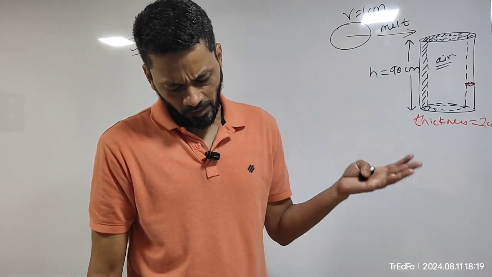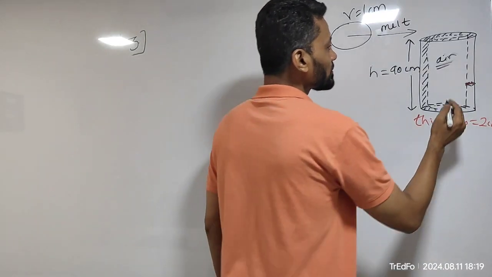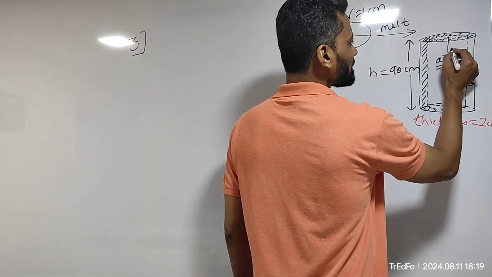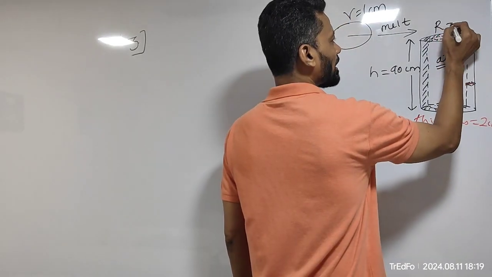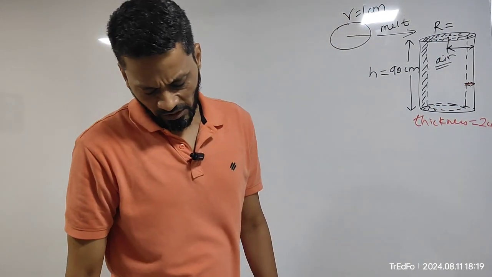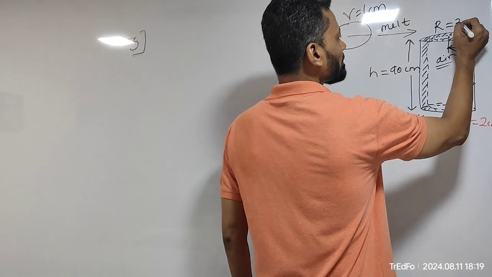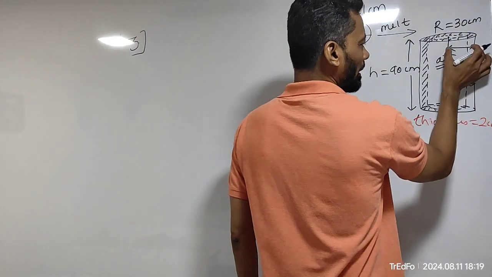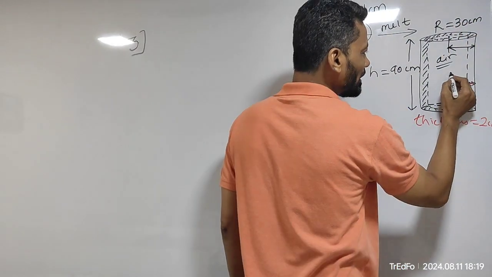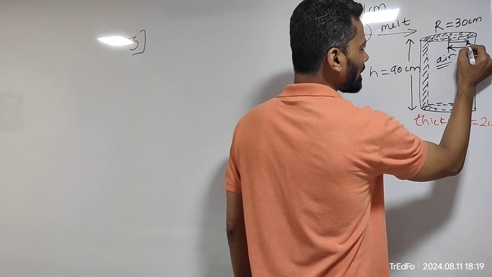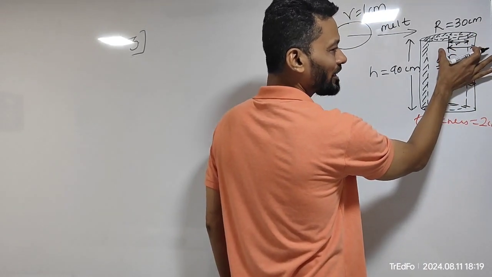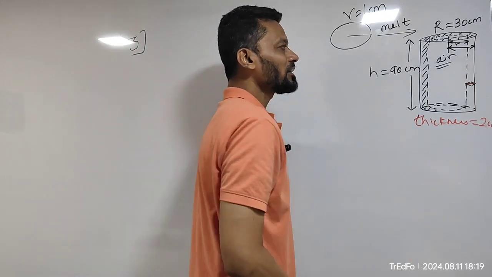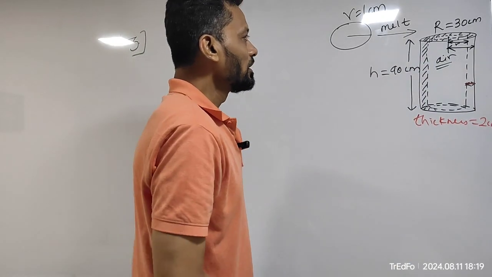Thickness is given. Outer radius is 30 centimeters. So they mean to say that outer radius is this much up to outside. So let's say it's capital R. So outer radius capital R is given as 30 centimeters. Why do we take that as capital R? Because there will be one internal radius also, small r here. Since it's thickness over here, there has to be one outer radius capital R, one internal radius small r, melted